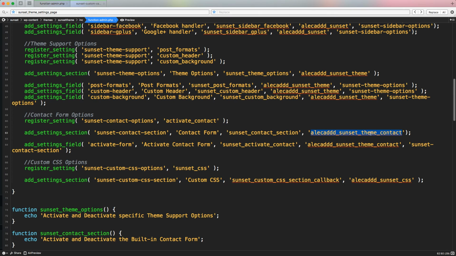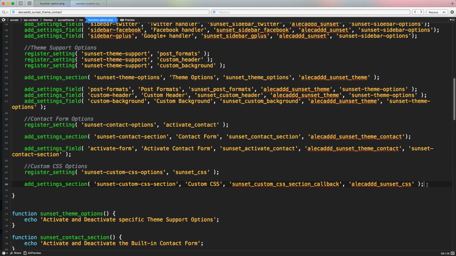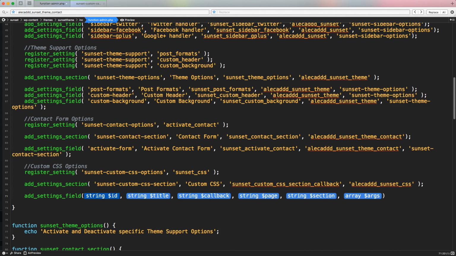So here, just to check, let's check the ID of the previous page. Yes, it's this one, so we're good to go. And as last option, we have to create a settings field that I have to use to save and register my custom field that is going to be the custom text data where a user is going to write his own CSS. So here as an ID, as usual, custom-css, the title,